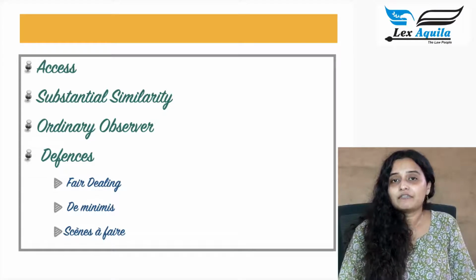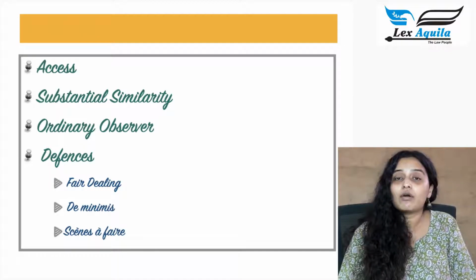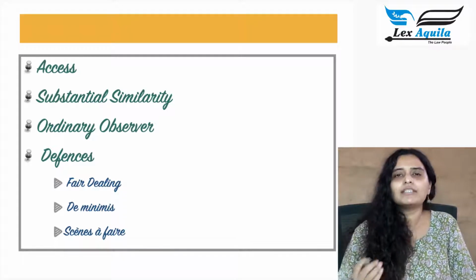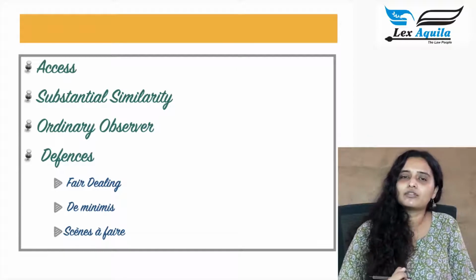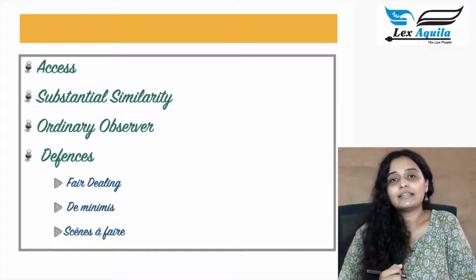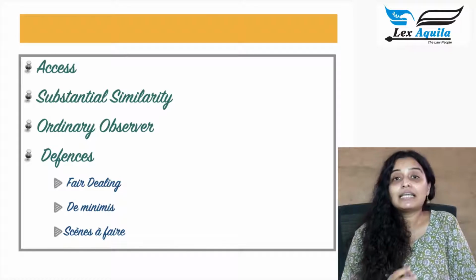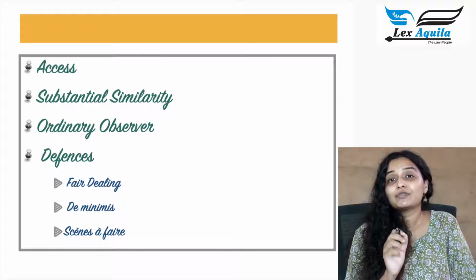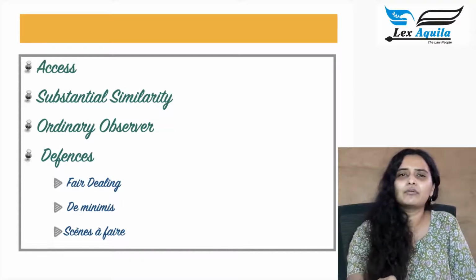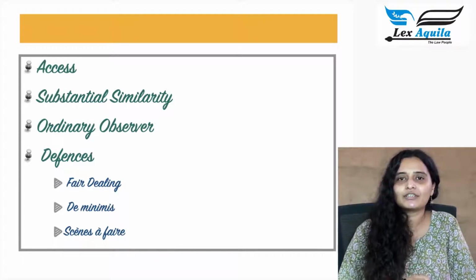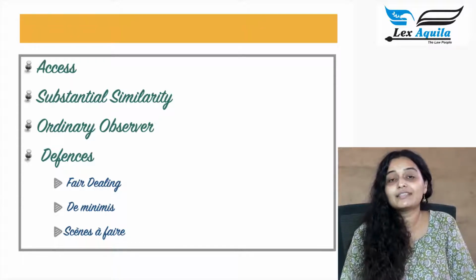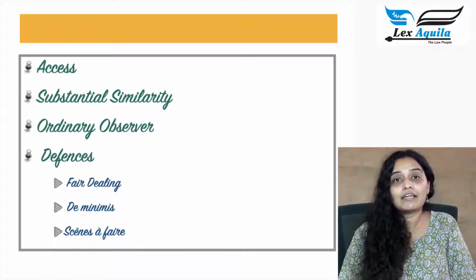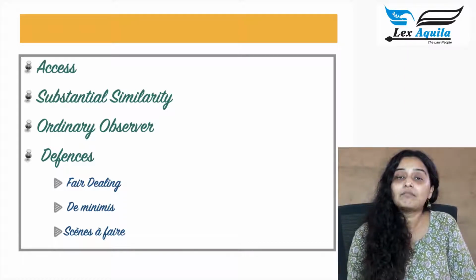The second of these defenses is the defense based on the doctrine of scenes a faire. Scenes a faire means that these are such common scenes which are common in that particular genre that there is no originality in them. This doctrine was laid down in Kane versus Universal Pictures. There was a scene in the movie which was about a couple getting into a church and taking shelter in a church during a storm. The court said that this is such a common scene and there is no originality as such in that scene, and therefore such scenes cannot claim protection.